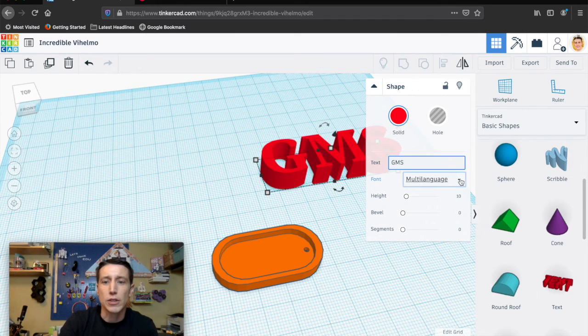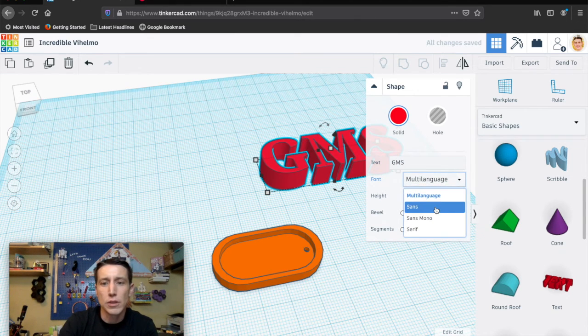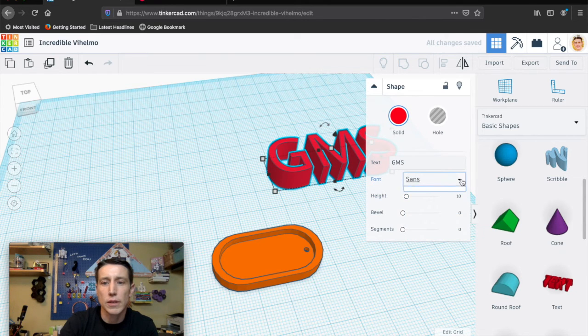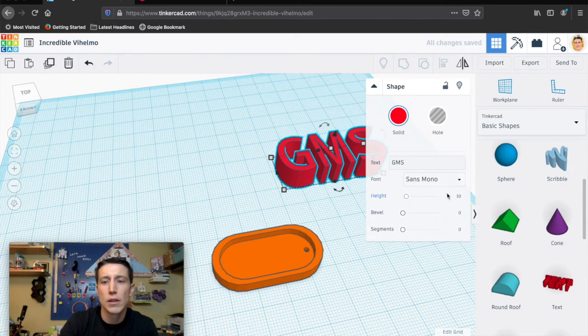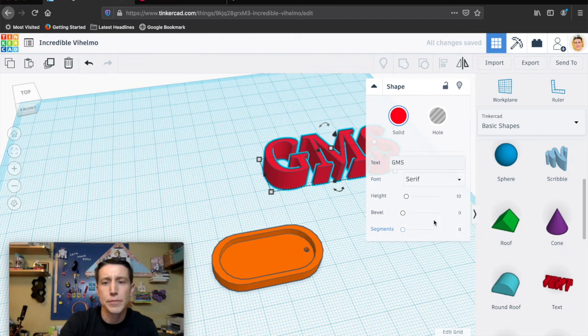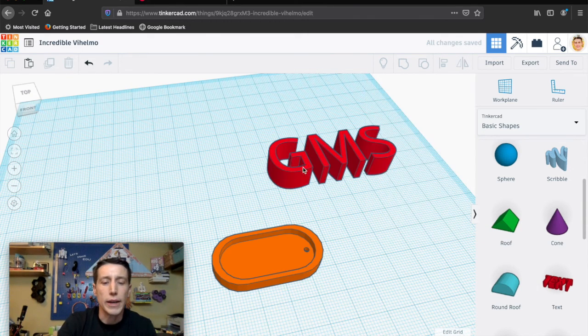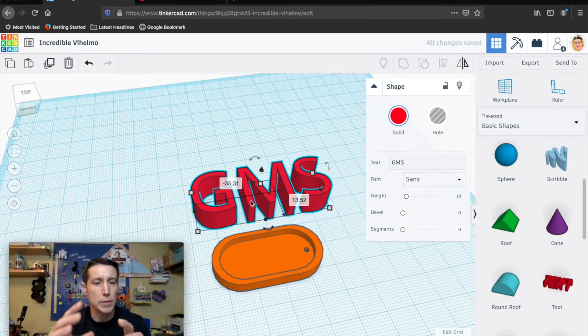So let's do that. I can change the font if I want. Let's see if there's another font that I like. There's a sans font. Let's do a sans. Something simple. I like that. All right, and now I'm just going to try and frame it so that way it fits